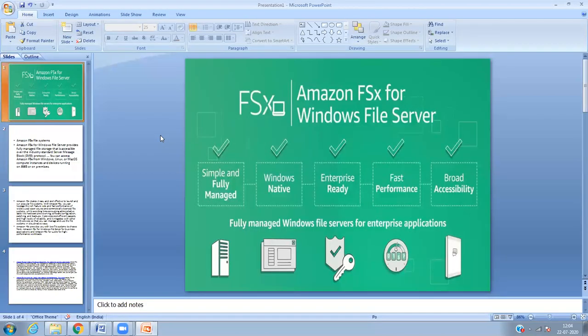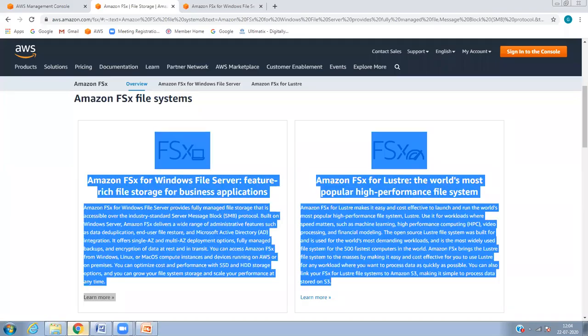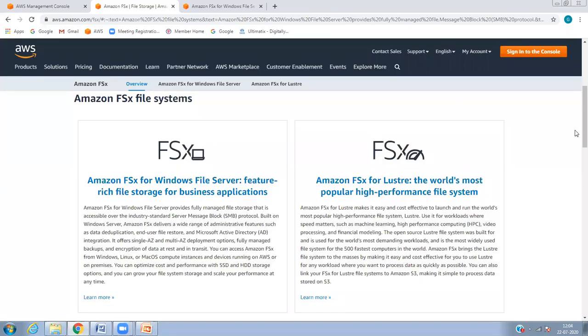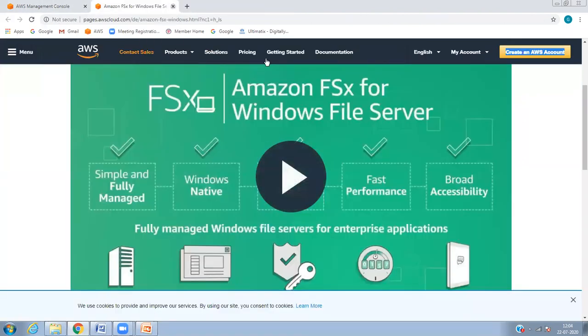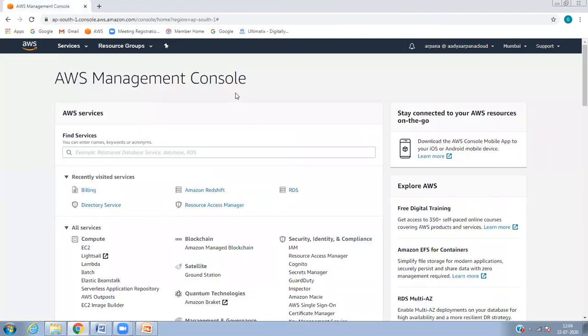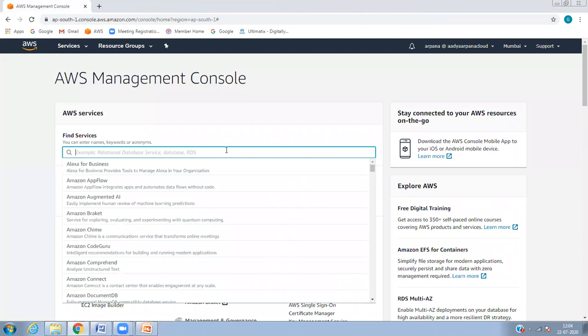Okay, so let's go into the tool and sign in to the AWS console. Here, in order to configure your FSx, the first thing required is a domain.